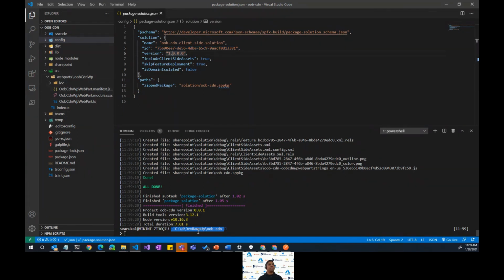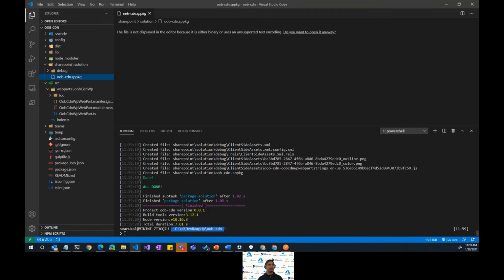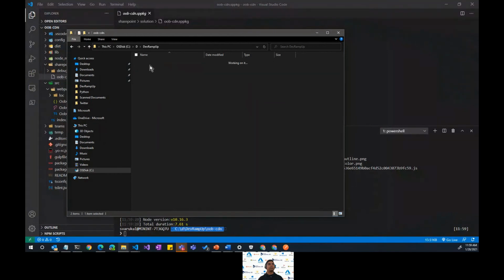Once we package, it creates a new folder here called SharePoint Solution. And in that, it adds an SPFx file. Let's open it up. So there is an SPFx file.